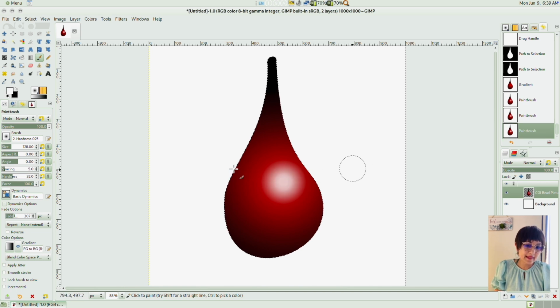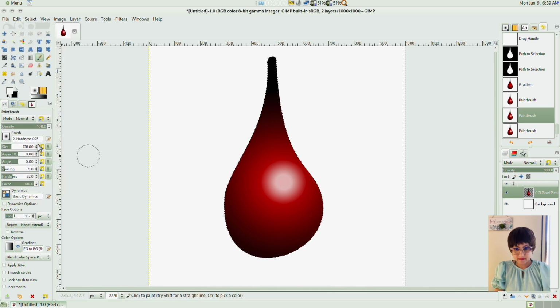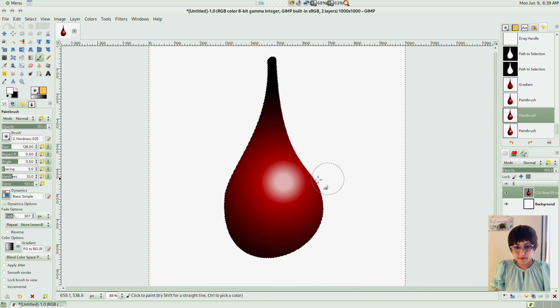This looks nice. Much better? Much better.